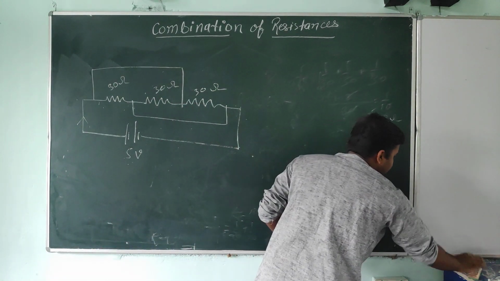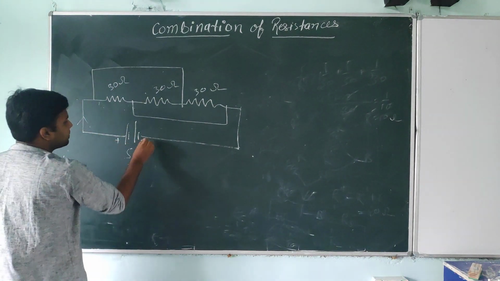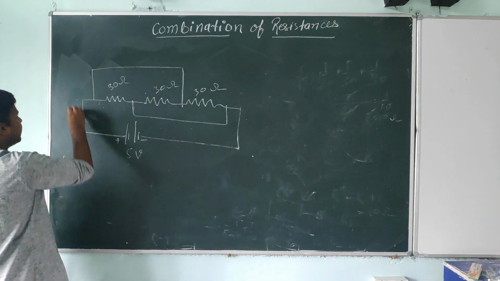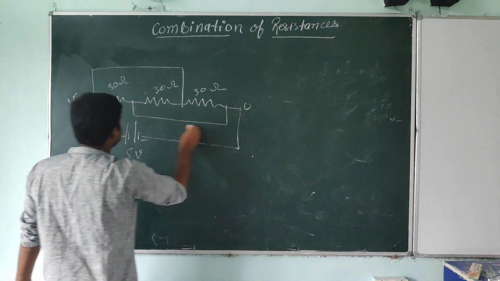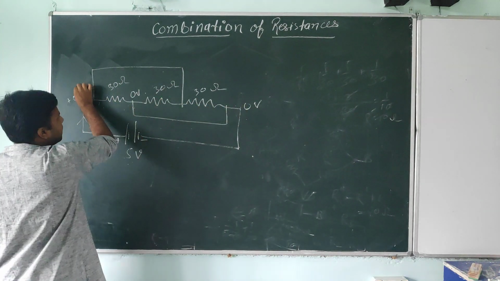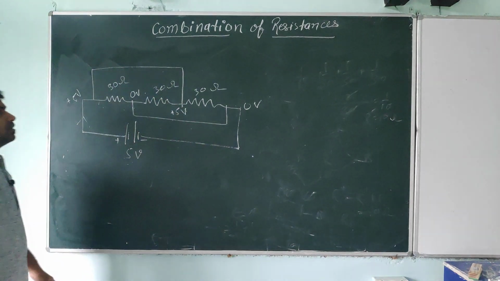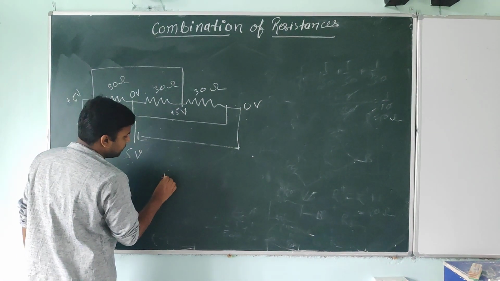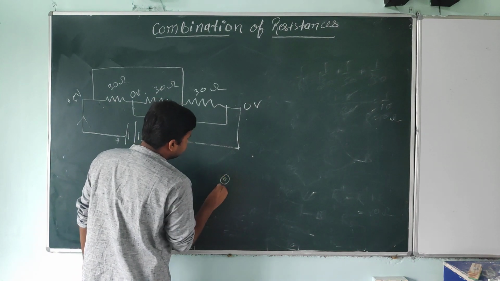Okay, so now look at this here. If we are applying plus minus, a 5 volt battery, here you will get plus 5, and here you will get 0. Look at this, this point is connected with 0 volt here also, and here you will get plus 5 volt, is it or not? So now we are getting 2 points here, one is the plus 5 volt point, another is the 0 volt point.